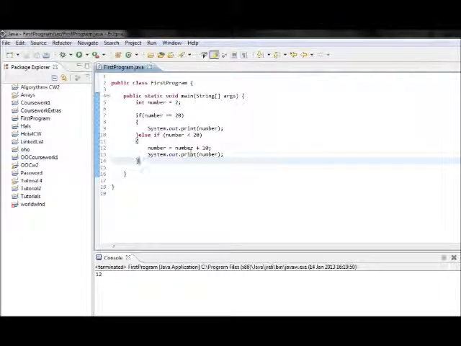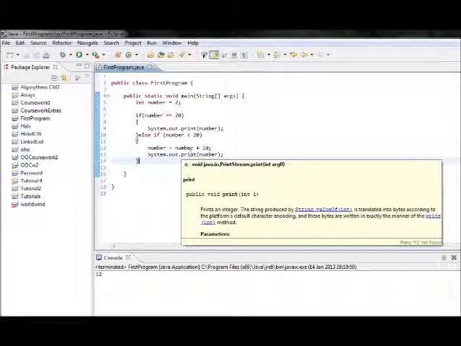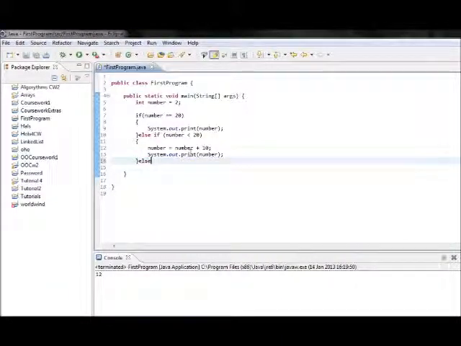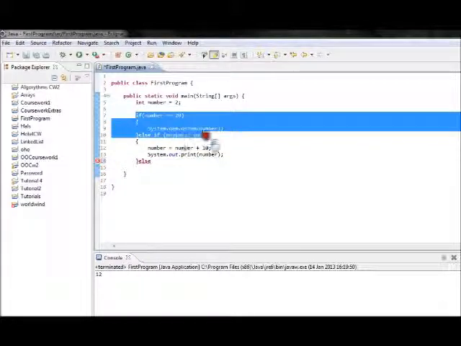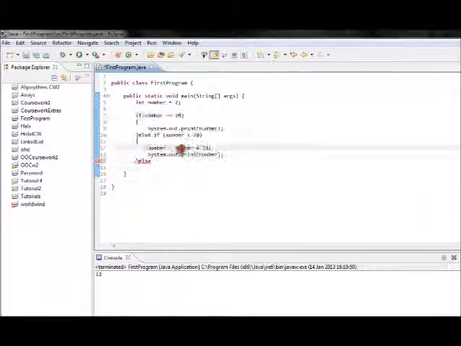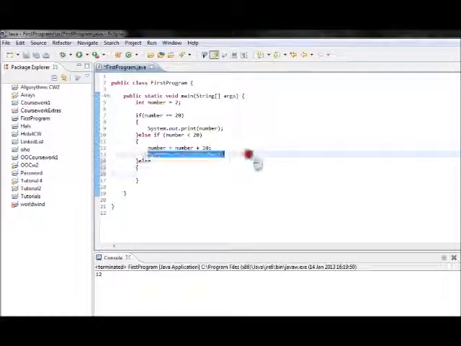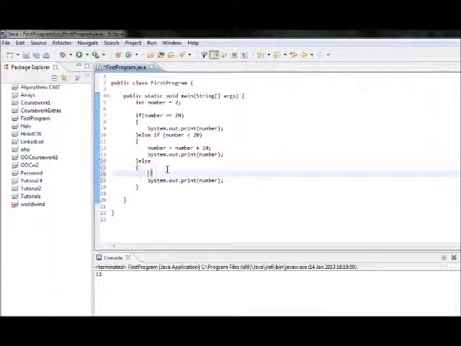Now there's another thing you can add to an if statement, and that is the else statement. Else covers everything else that your conditions didn't specify. So for example, if the number is more than, in this case, more than 20, then the else statement will be executed. So for instance, if I say else statement, I will change the value in a minute, and this time I will